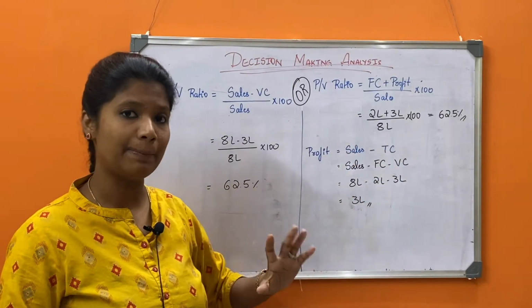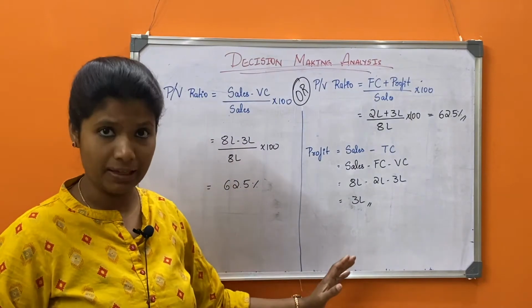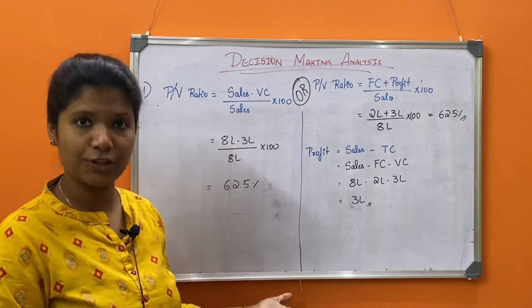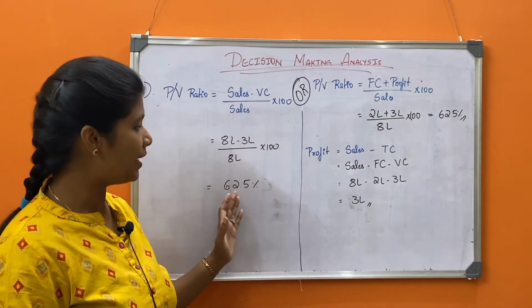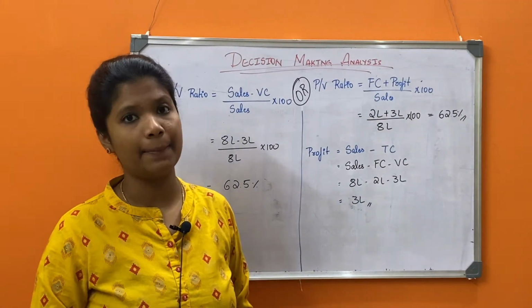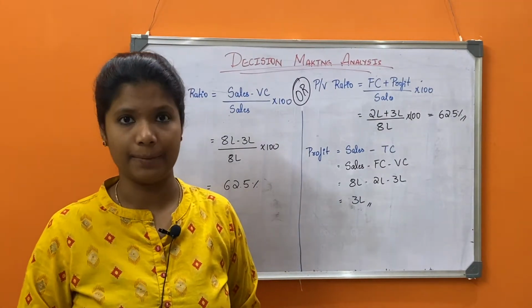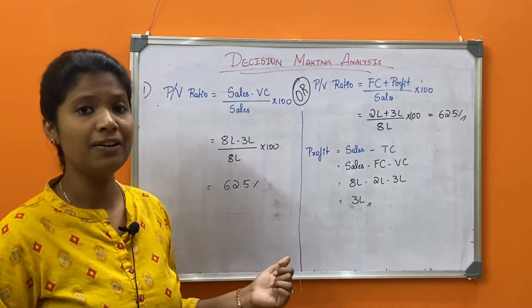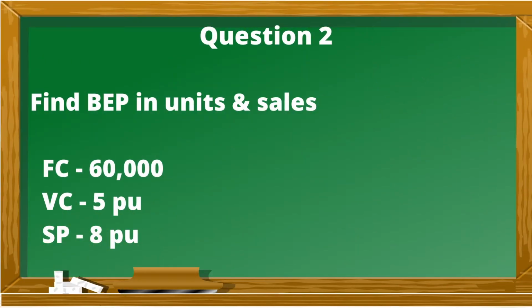Okay, so depending on what details they have given you, you can take the first formula or the second formula. It's not compulsory that you need to solve in both the methods. I'm just showing you there are ways to solve. Okay, but otherwise you must be getting the same percentage or same answer. Okay, so with this we complete the first question.